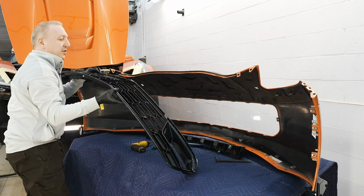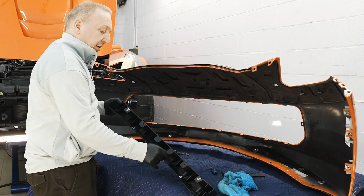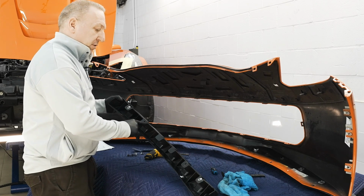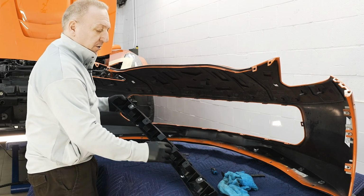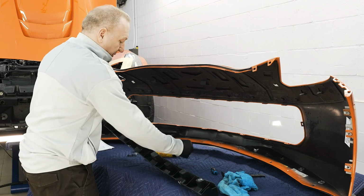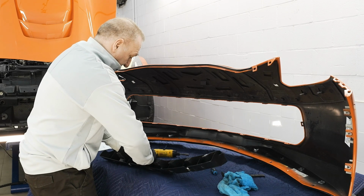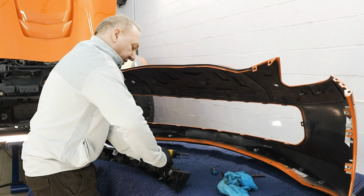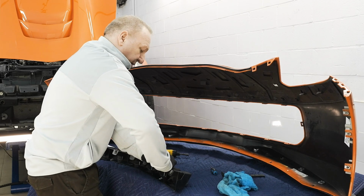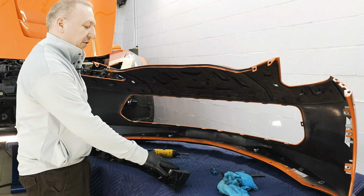And there we have it, it's off. The lower bumper reinforcement needs a small modification, and this is two mounting holes that will interact with our radiator shroud. So we've drilled two 1/4 inch holes with a 1/2 inch offset. Once done, we're taking our U-clips and installing them with the flat surface towards the rear of the car. This will be used to actually seal the radiator shroud to the opening of the grill to get all that